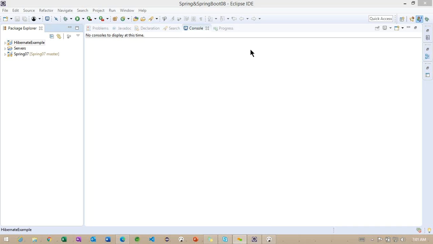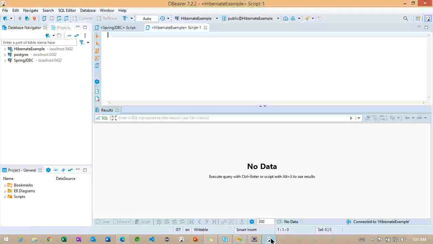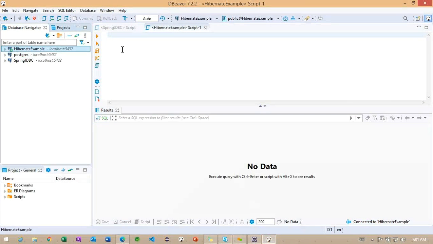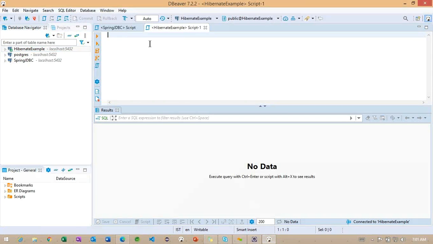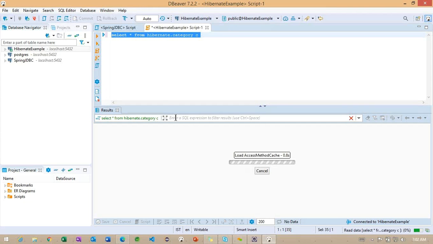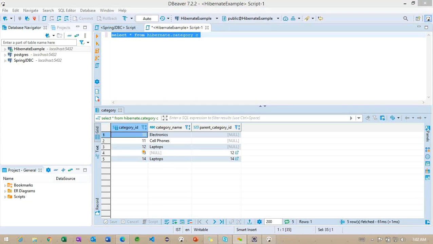That's what I want to cover, because yesterday someone had some doubt here. Go back to the particular class and run select star from hibernate.category. You can observe the last record, which you can easily recognize.